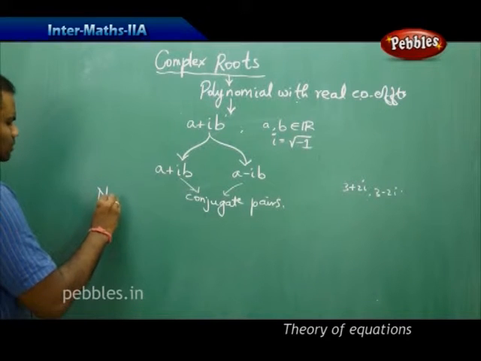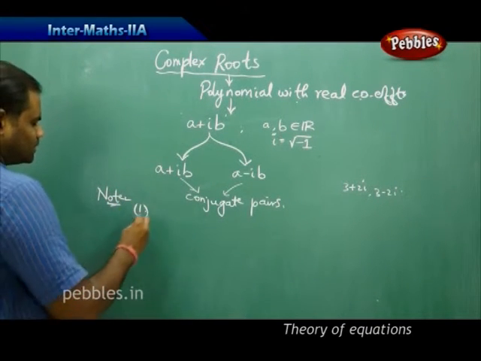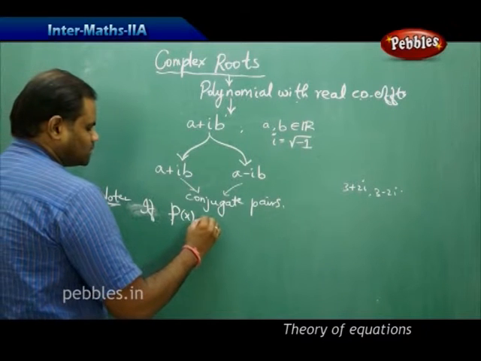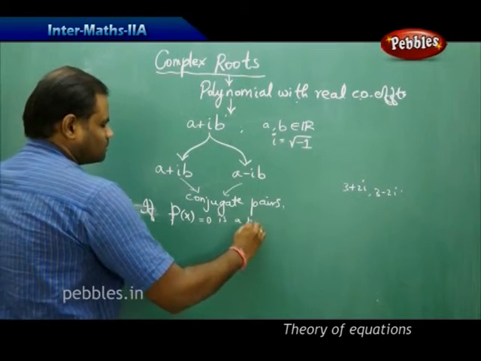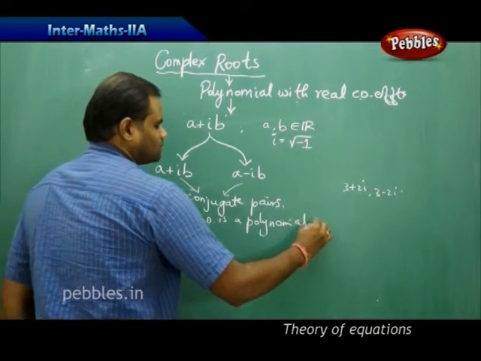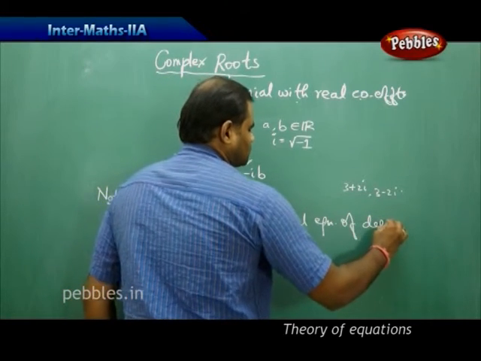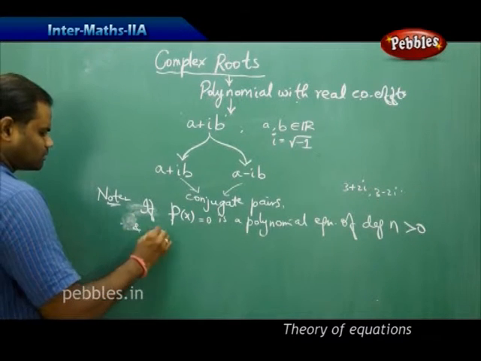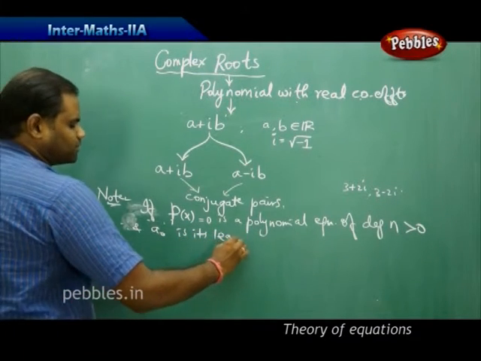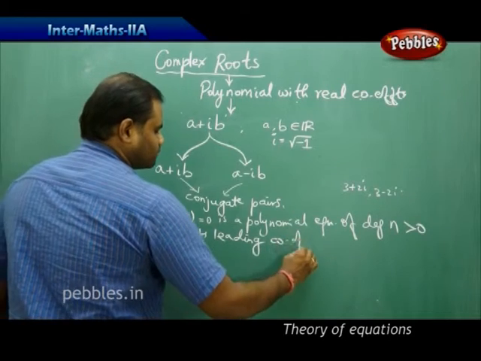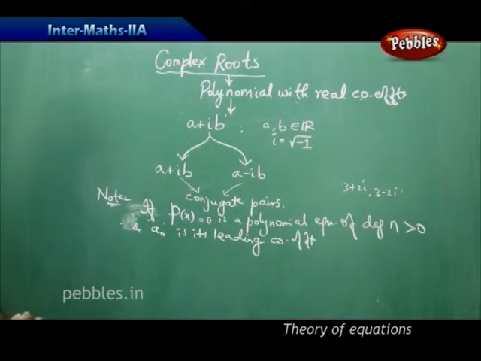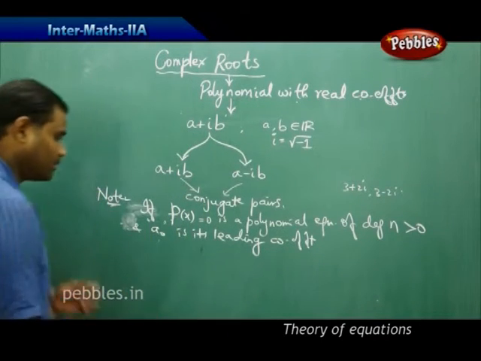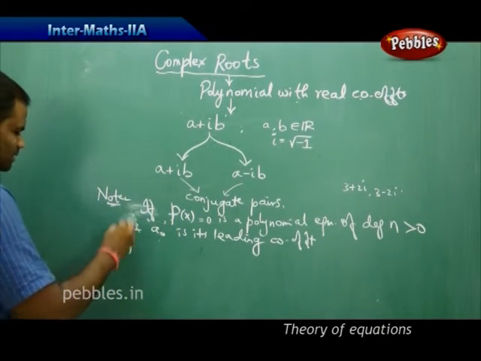Firstly, if p of x is a polynomial of degree n greater than 0 and a naught is its leading coefficient, and p of x equal to 0 is a polynomial equation of degree n greater than 0, then my first property says that